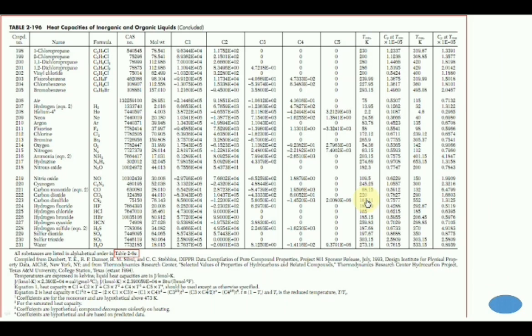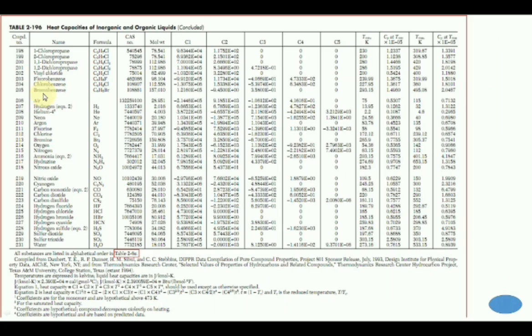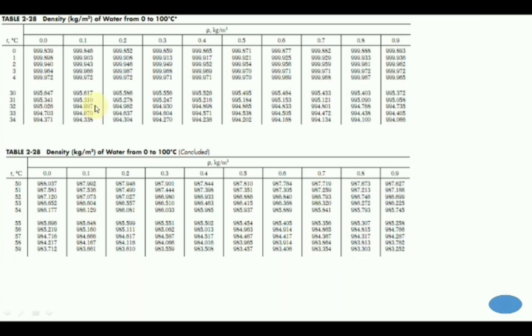So here we will see how to find the value of the densities from Perry's handbook. Suppose we want to find the value of this rho H. Here you can see that this is the table for calculation of the density of water. So here it has specified the range from 0 to 100 degrees Celsius. Now suppose that at 30 degrees Celsius, I want to know the density of water. Here you can get the different range of the temperature, and here you can see the increments. This is the density and its unit is kg per meter cube.